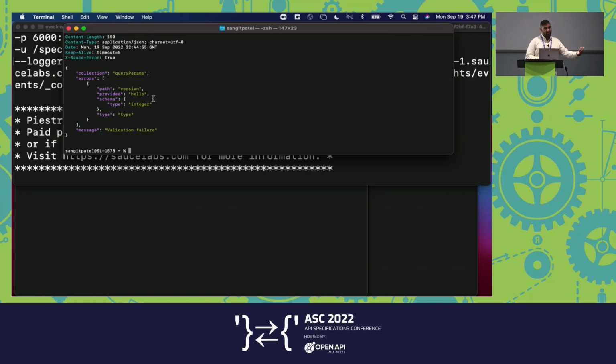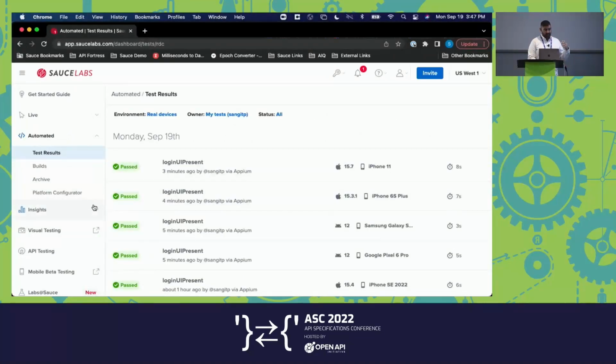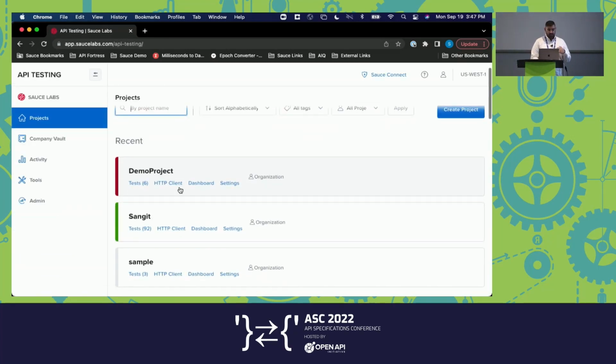There is the other half of it. It is producer-side contract testing, which is essentially validating the producer or server side by creating a contract test from the OpenAPI spec file. And so I will show you that in our cloud platform. So I pop back over here. Let me just jump into our API testing. And so here I have